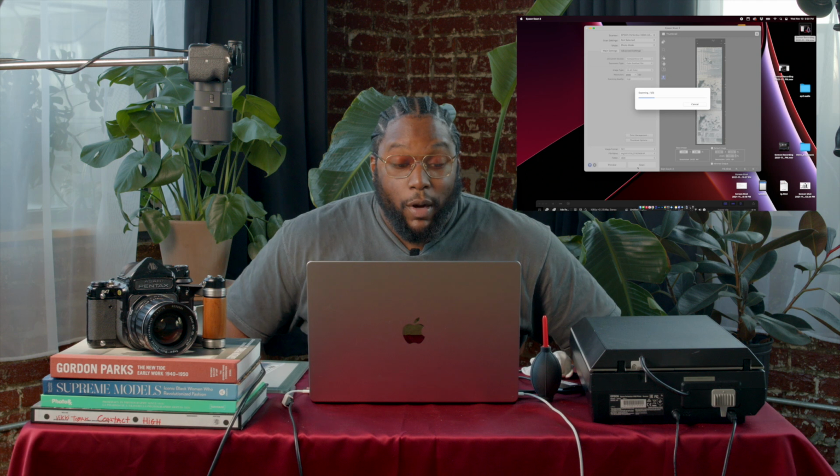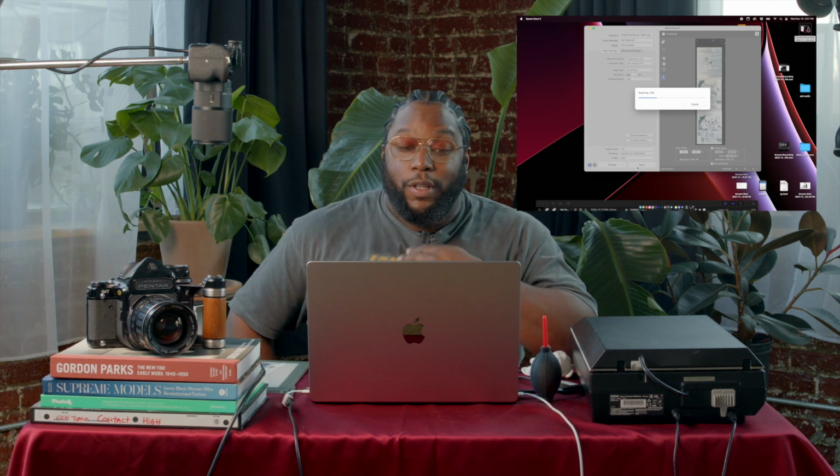Do I have a stopwatch on this Apple Watch here? We wait. We're scanning number one, and for the first scan,